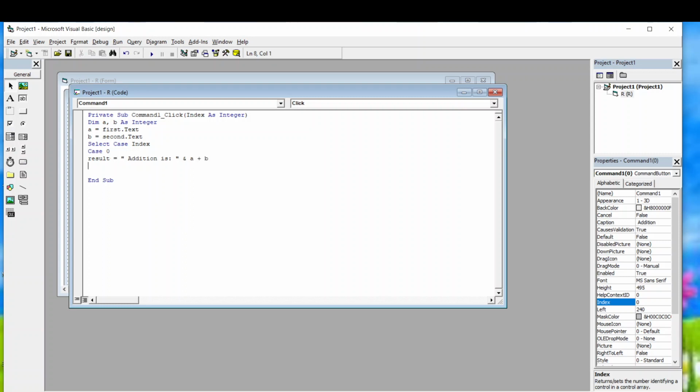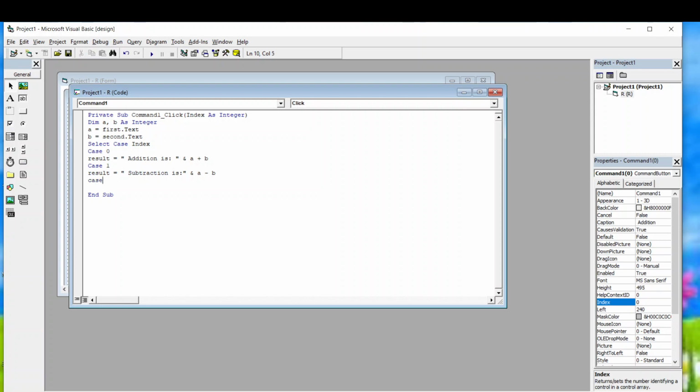Enter. And my case 1. For 1, we are doing subtraction. So result equals to subtraction is, give a colon, close it, ampersand symbol, a minus b.